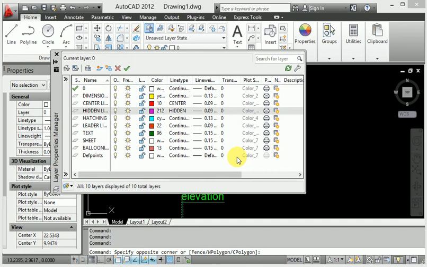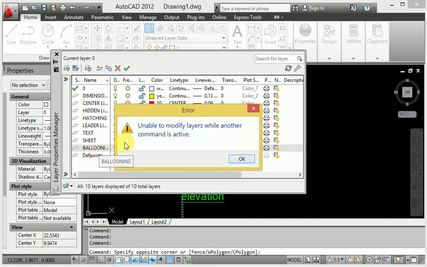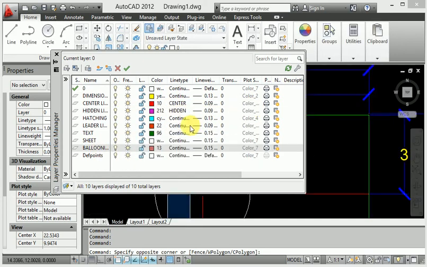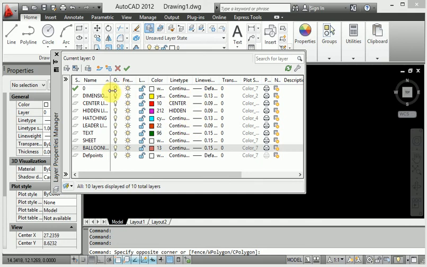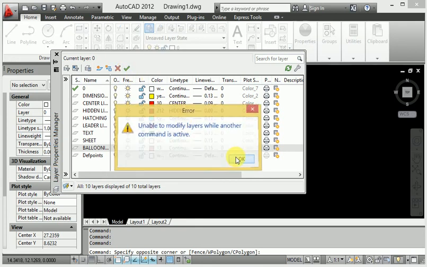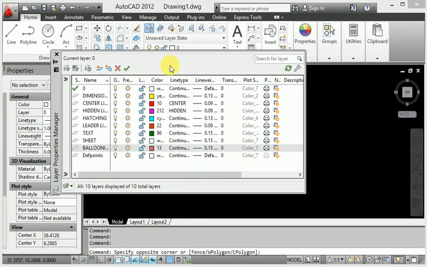This type of layer setting is very useful. When you change for any layer, it is very important. So I will click dimension, center line, hidden line, hatching, text. This is called layer when you apply the layer. So this is the different way of layer process in AutoCAD.